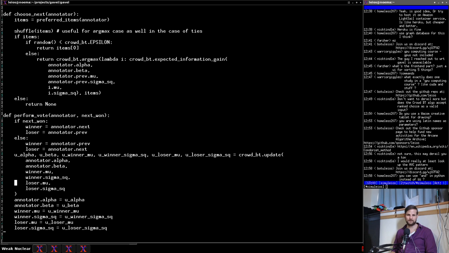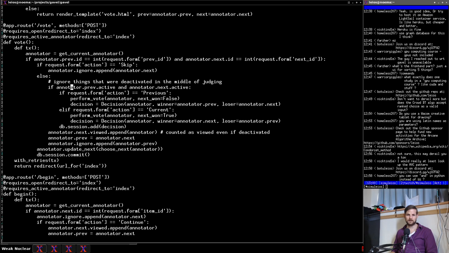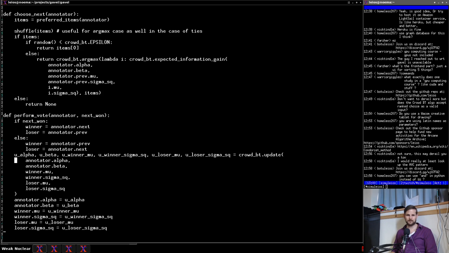What does this call? So we say loser.annotator.next, and then we say u alpha, u beta, and all of this is equal to crowd.bt update. And then we say annotator.alpha. Which annotator? So let's look at how perform vote is being used. It's here, and then it's here. So it's annotator. And which annotator are we reading? It must be the annotator of the judge, right? So why are we updating the judge's annotator? Let's see. Annotator.beta. Oh, winner mu, winner sigma, loser mu, loser.sigma. Okay, so this means that all the annotators must have mus and sigmas involved with them, and that must be what we're calling. So if perform vote,